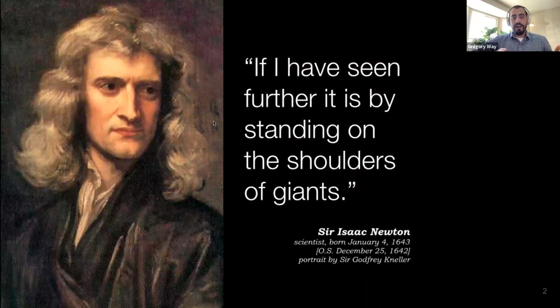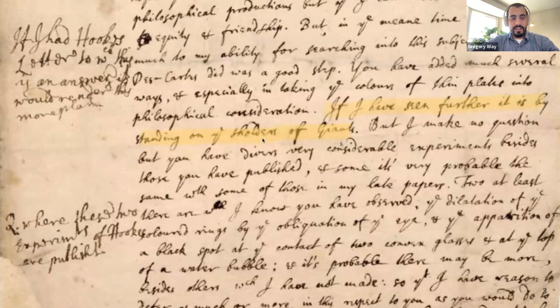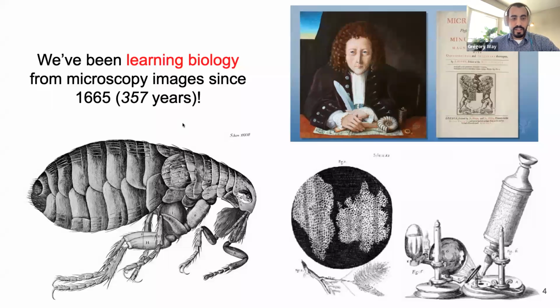Since I have such a broad title, I think it's best for me to start from a long time ago. You've probably all seen this quote by Isaac Newton. You see it every time you open up Google Scholar, some version of it: if I've seen further, it is by standing on the shoulders of giants. I think a little known fact is that the origin of this quote was in a letter that Isaac Newton had written to Robert Hooke, who was the father of modern cell biology.